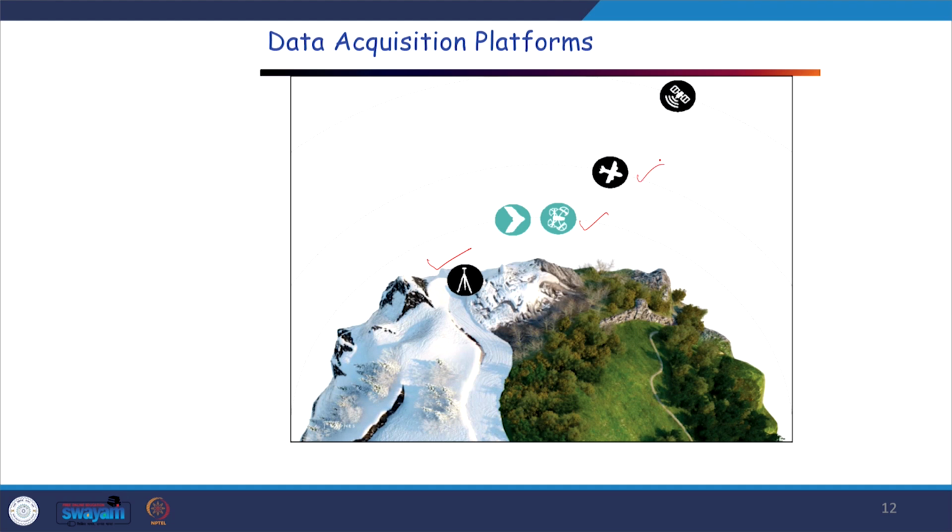From aerial photograph, we cover a little larger area as compared to the drone photogrammetric techniques. And the last one is the satellite, which are flying at a much higher altitude, cover a very large area. So we have various platforms. From each of the platforms, we are covering the ground area at different resolution, at different scale. We can integrate the data also from these platforms in order to have better and better mapping, in order to